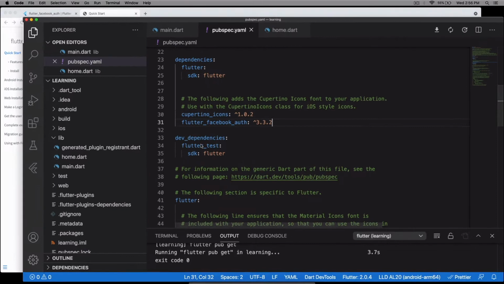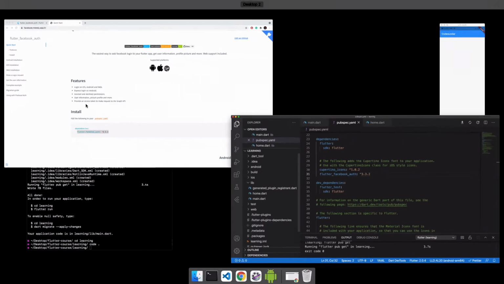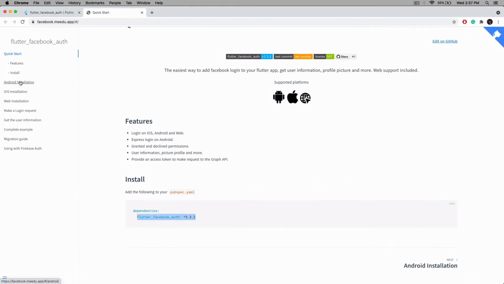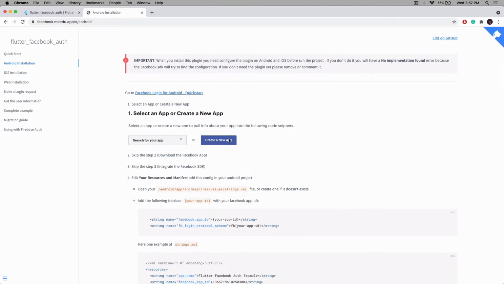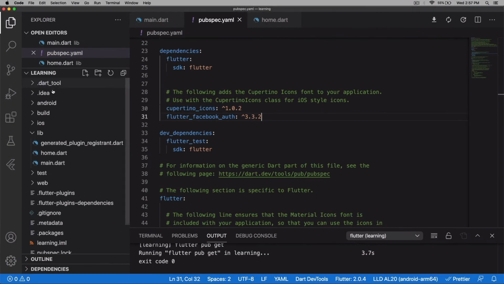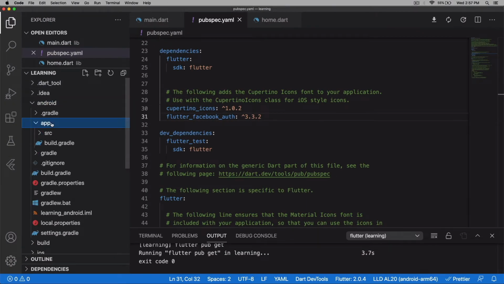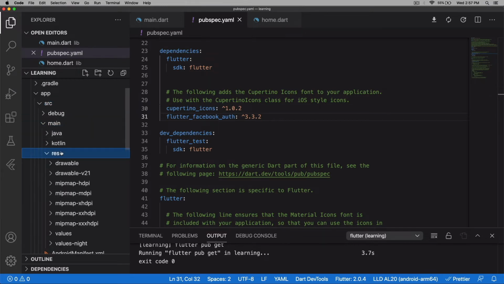Next we have to do some configuration. Here you can go to the Android installation. Here we already created a Facebook app, and we also included the package. Then we have to modify some code here. You need to go to android, then to the app folder, inside src, main, resources folder.